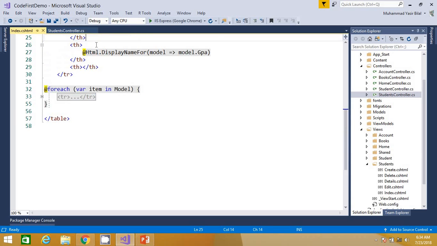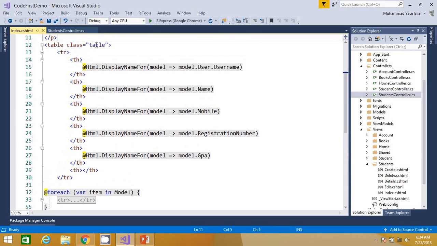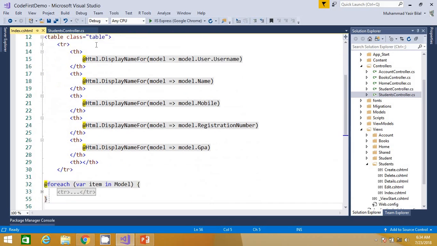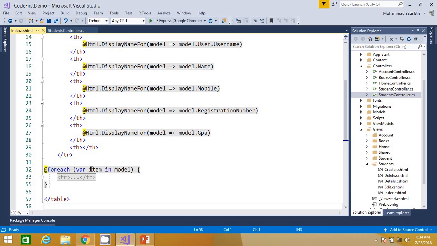Partial views are a special kind of views that we can use in our regular views like this. They are used to reduce the coding in a view.